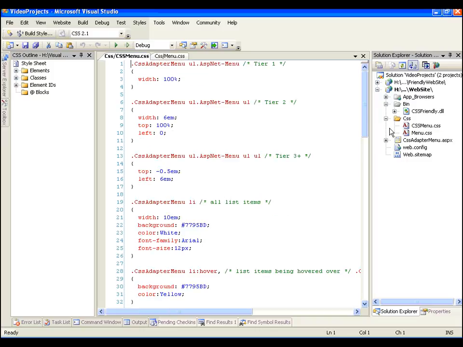One of the important things to note in our own CSS menu, which again is specific to this page or this menu, is that we have created styles that extend the styles that are in menu.css. And in this case, I've called all of our styles CSS adapter